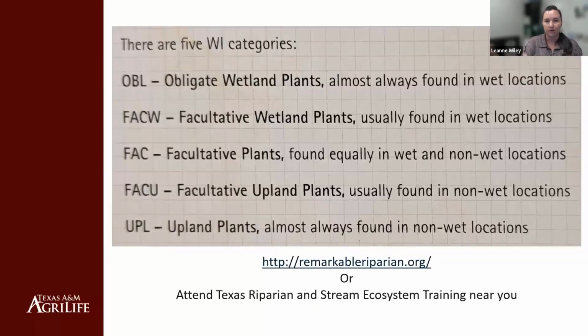So kind of to bring this back into the plant side of things, and where cattle maybe can play a good role or maybe be detrimental, I ended up falling on the resource more so the Remarkable Riparian. That's a book that I got when I attended the Texas Riparian and Stream Ecosystem Training. So if you've not attended one of those, I would definitely say find out where they are. They're partnered with Texas Water Resource Institute, and you'll get these resources there. I don't know if you guys can see in the video, but it is a nice book. It's got a lot of your riparian plants, specifically in Texas.